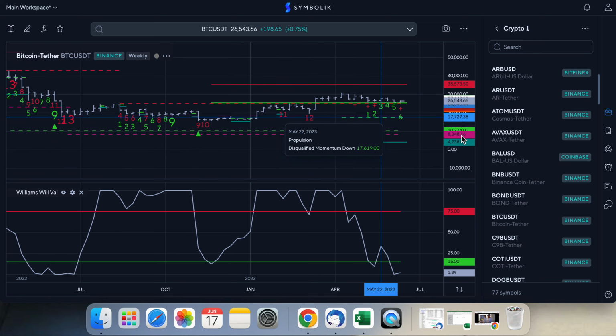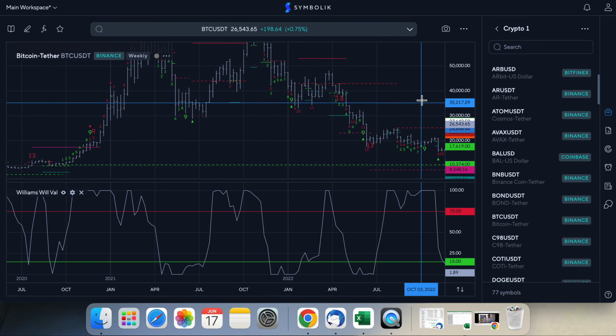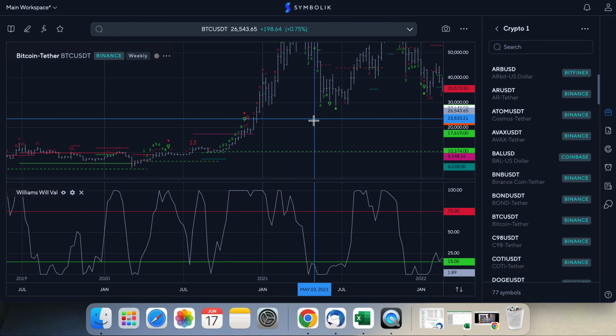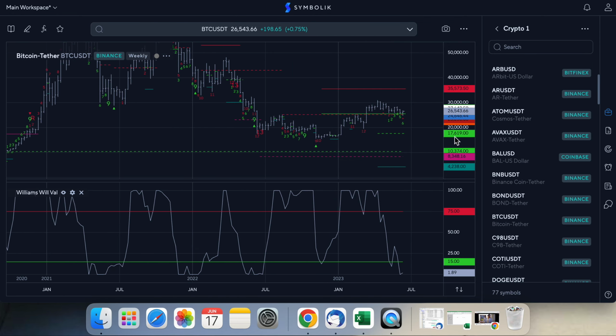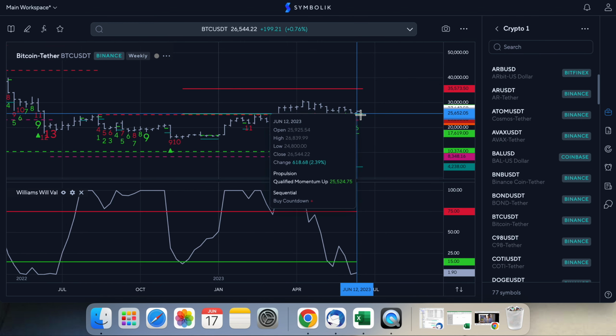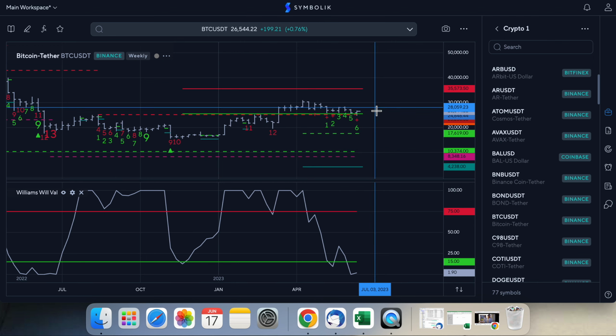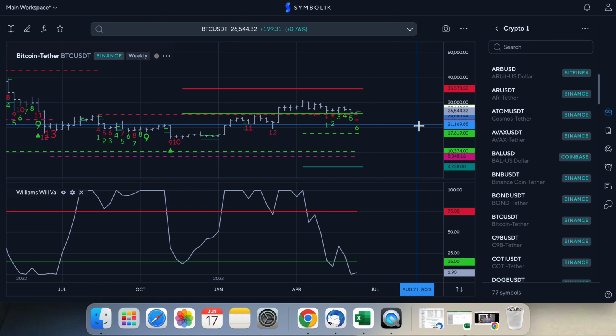Let's see, and it's showing a possible support down here at 17,619. So that would be my first guesstimation. It's holding this 25,524 for now. So if we lose that, it's most likely going down to this 17,000 zone, 17.5, 17.6. But